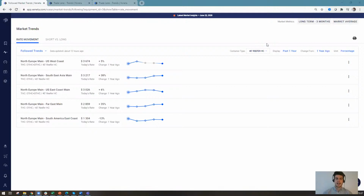This allows us to check the high level rate change from a year ago to today in percentages. Now keep in mind that those are long-term contract prices. So for example, for the bottom two that we're going to focus on in a bit more detail in a few minutes, we have North Europe Main to Far East Main with a 35% increase on long-term contracts from 12 months ago to today. So today's market average long-term contract rate stands at